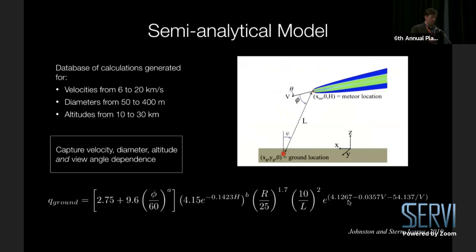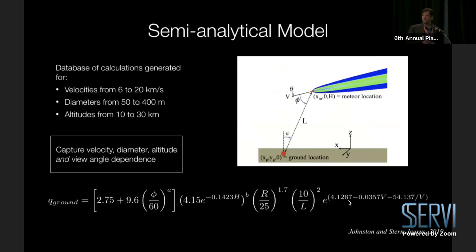Donovan alluded to that: as much as we might like to, we can't run these models within a probabilistic framework. These calculations are very expensive. So we need to figure out a way to reduce the output from these calculations into something that can be input into these semi-analytical models that we've heard about in the previous couple of talks. So in order to do that, we ran a database of calculations within